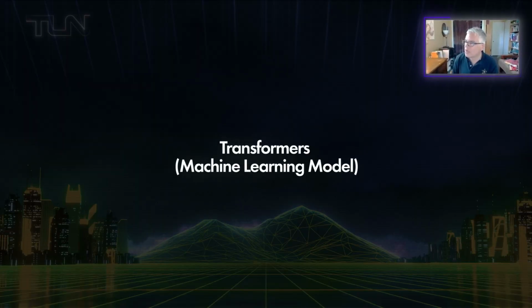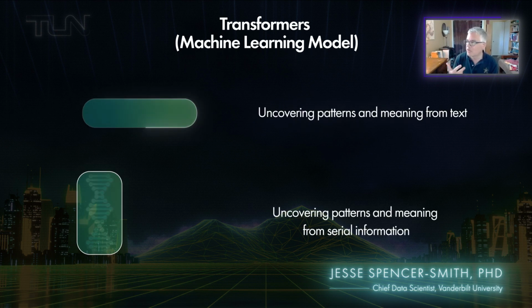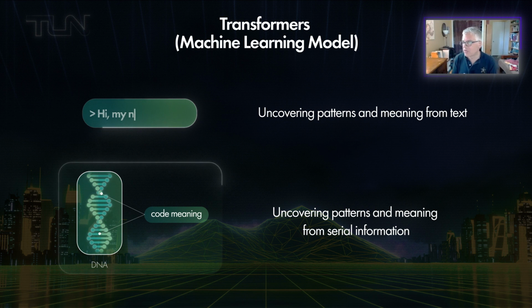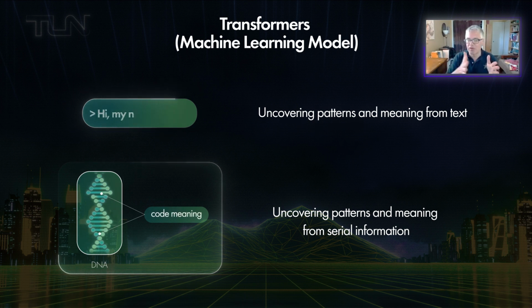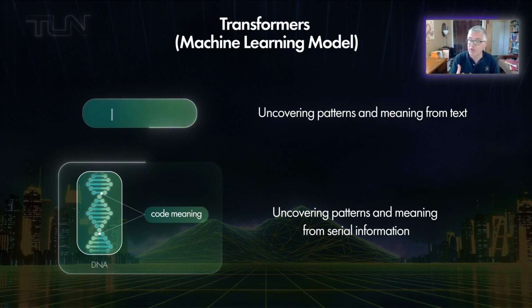Transformers. So we talked about GPT-2, and I mentioned BERT and Roberta. And just to reiterate, and just to remind you, these are types of models that do self-supervised learning. They do training on a strange kind of task, like guess the next letter in this sentence, guess the next letter in this document. And with intensive training over time, the network begins to uncover the patterns and the meaning